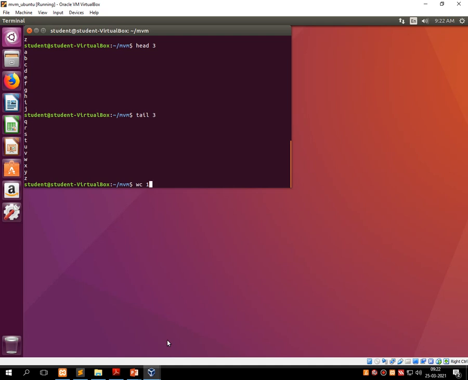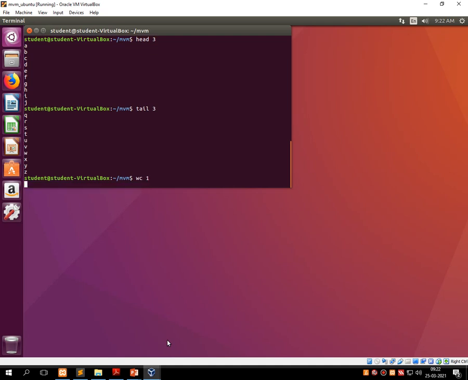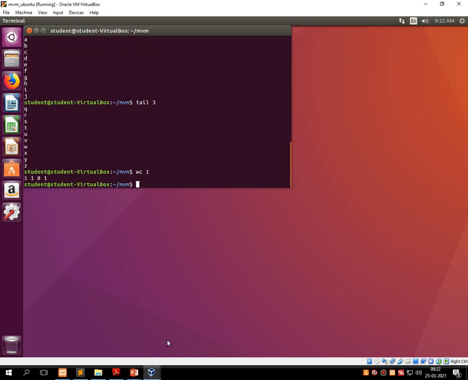Suppose I am giving the file name called 1, which contains the text called hello. Let me see cat 1. Okay, it contains student. What does it print onto the screen? One line, one word, 8 characters.